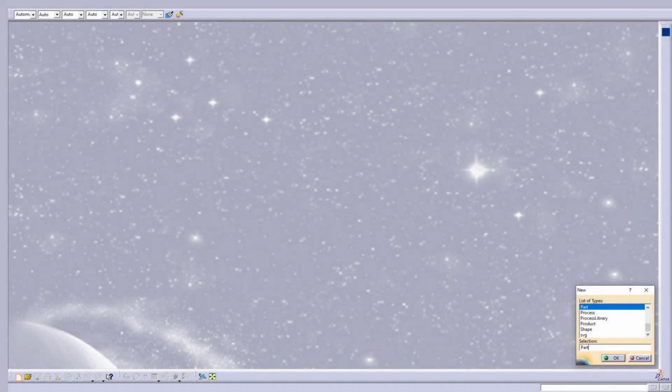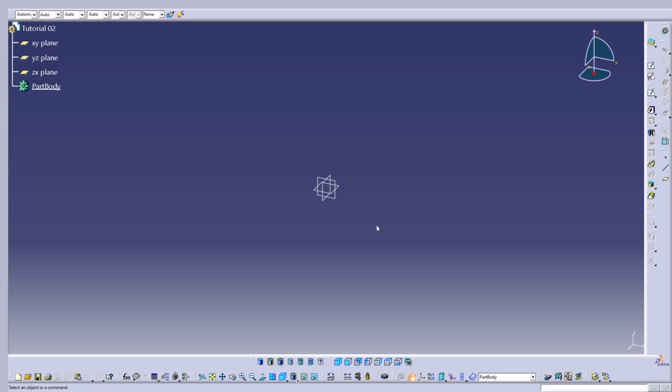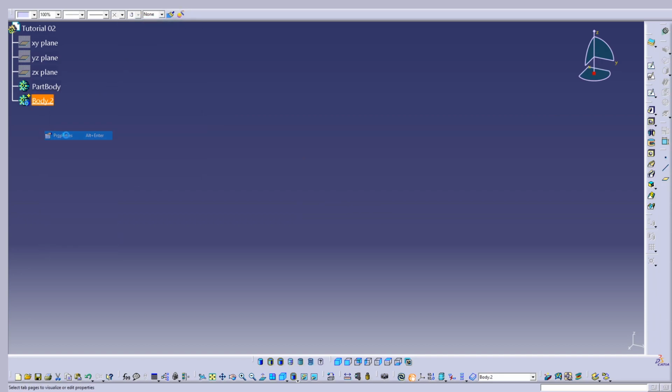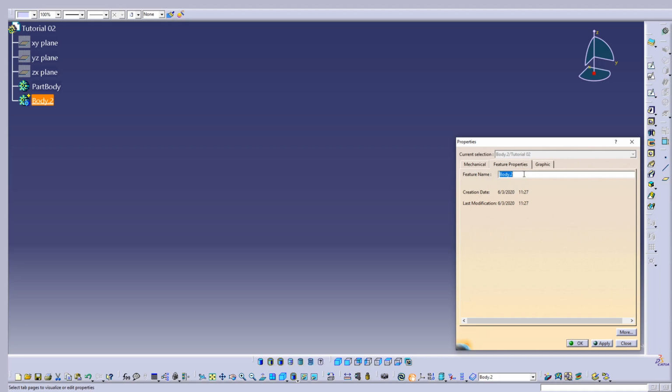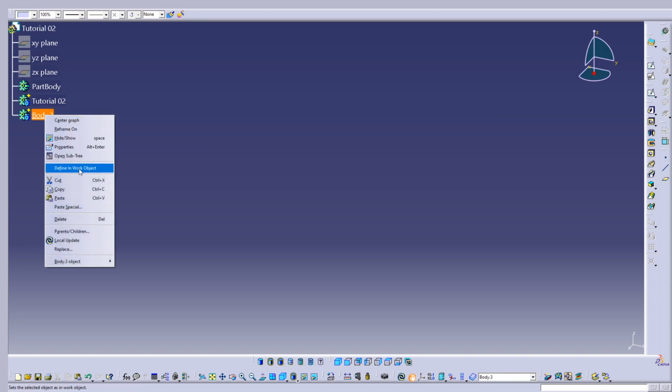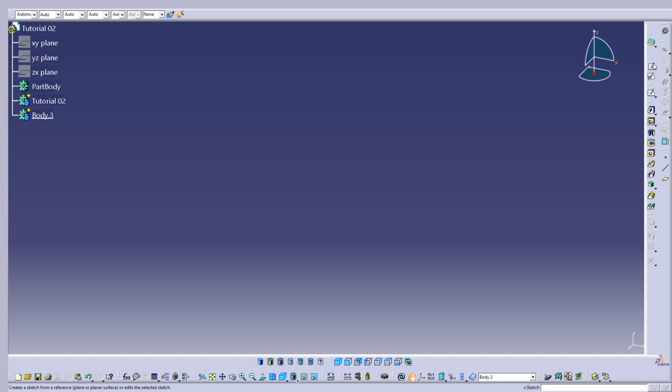We click File, we click New, we select Part in the menu, click OK. We put the name of the part, Tutorial 02, click OK. We select the planes behind them, insert, body, also, properties, feature properties, rename the body, insert, body, also, define a work object. Click Sketch, click the plane that we want to work on,